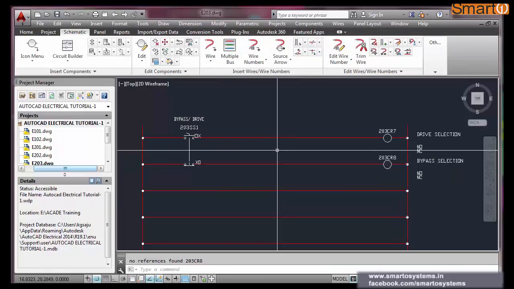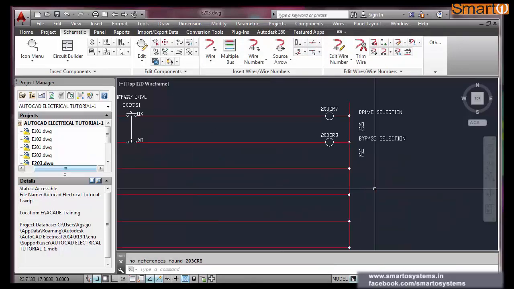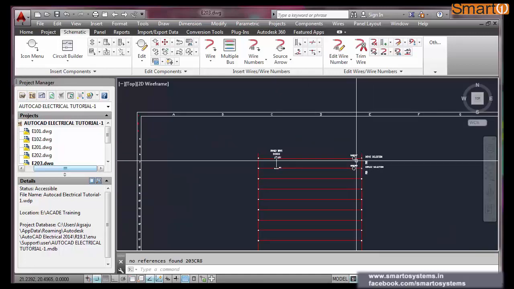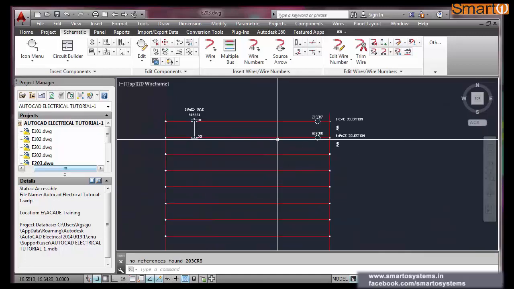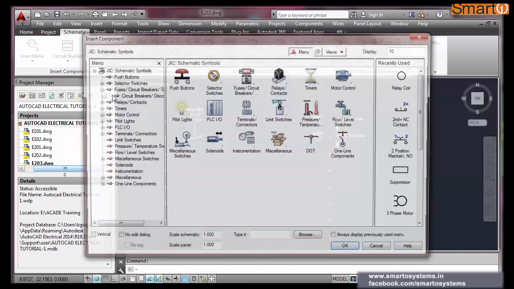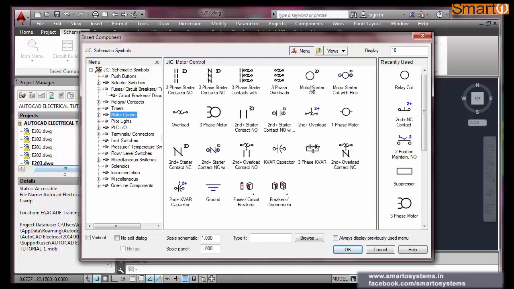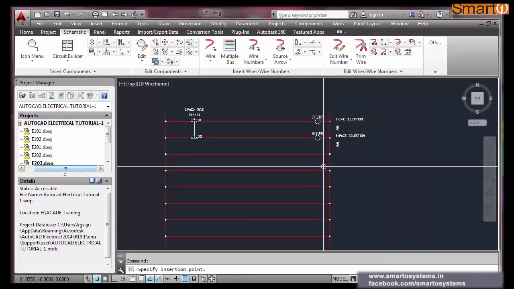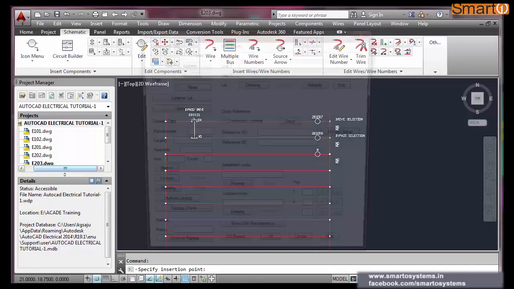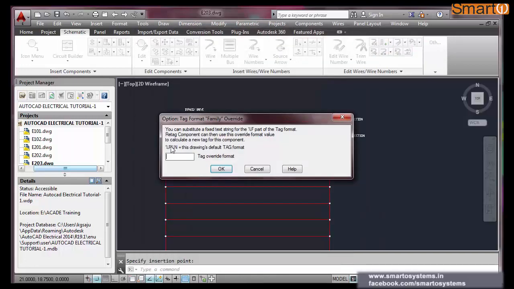Fine. Now I have to insert those 4 contactor coils. So go to icon menu, contactors, motor control coil, motor starter coil. Again here I will put 203 %F %N.